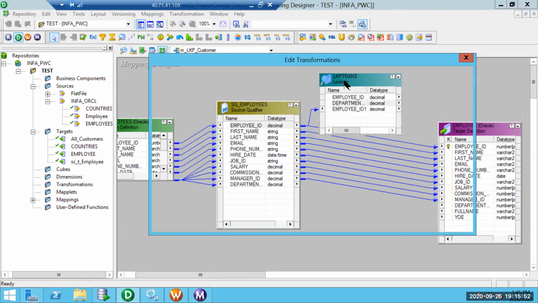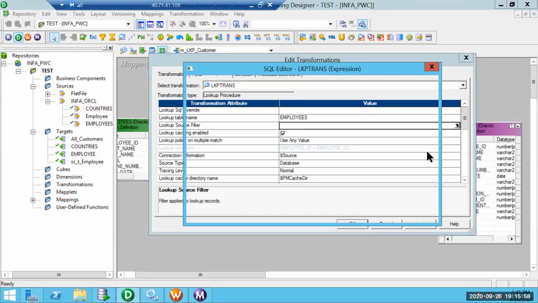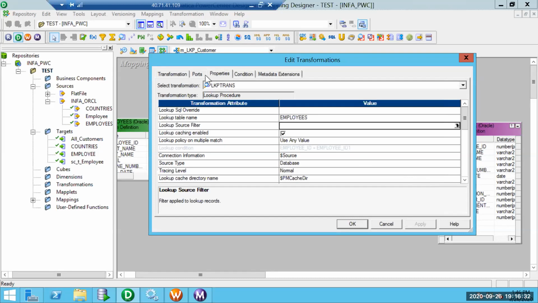Here are a few more things to discuss. If we have any filter, like a current indicator or mark for deletion, or any exclusions we want to do, that can be done manually, as in we can specify our filter condition here, if we don't want the filter to be applied for any specific rows. We will see this in some time. First, let me explain only this part.